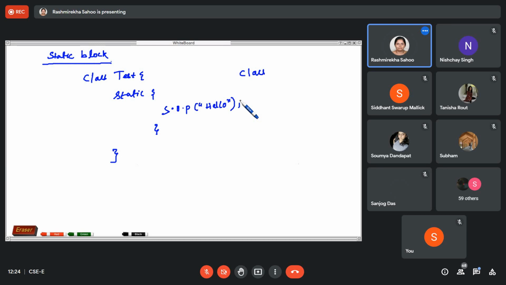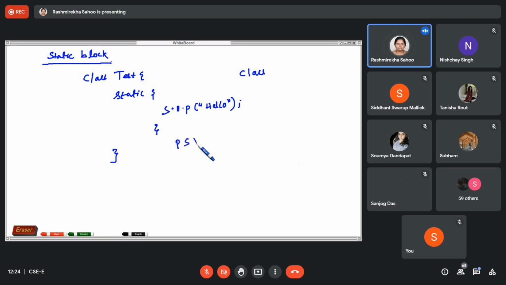Understood? Without main you can execute the static block. You can print hello, but that is for JDK versions less than or equal to 1.6. It works in 1.6 and lesser, but in the newer JDK versions it doesn't work. So in that case you have to write public static void main.